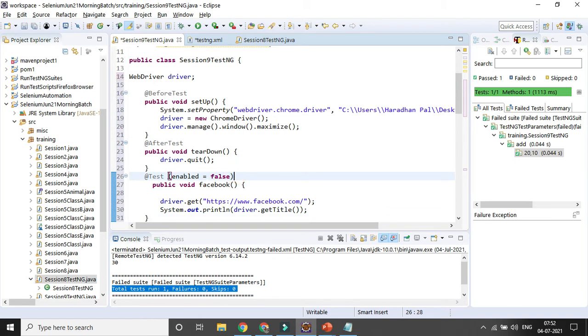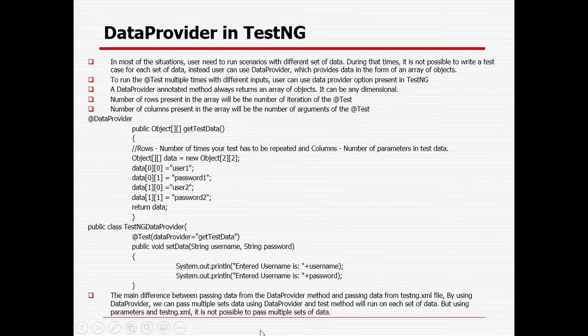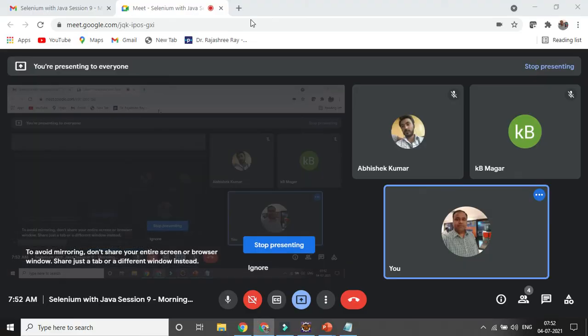So you can remove it. Okay, now say I want to launch the Facebook page, then I want to get the title of the page. After that, let's try to open the Facebook page first. Okay, here I'll be opening my Facebook page.